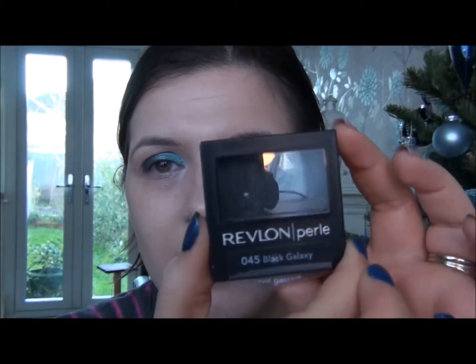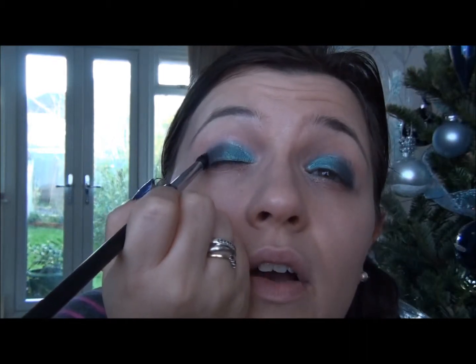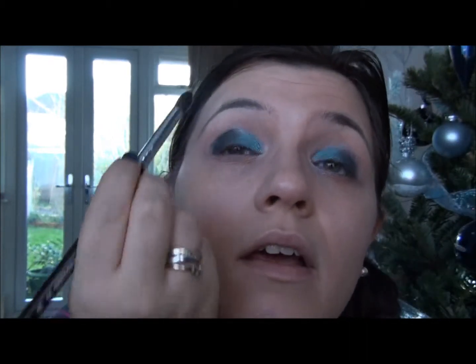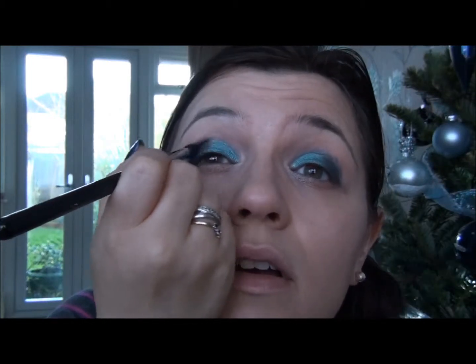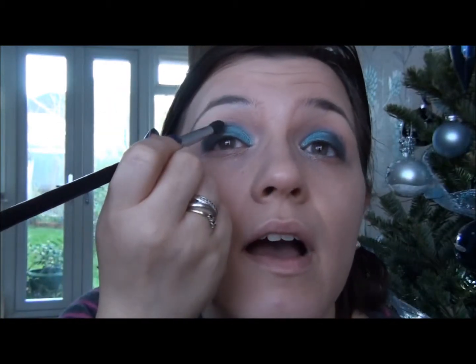So for crease colour, I'm going to use this colour by Revlon, and it's called Black Galaxy. Looks like this. It basically is, I think, a bit of a dupe for Black Tie by MAC, and it's a very nice black with some shimmer sparkles in it. I'm going to use an E45 Sigma brush to apply that to the crease ever so lightly, because you don't want to overdo the dark crease colour. So I'm just going to draw that in up to where it meets the aquatic colour,